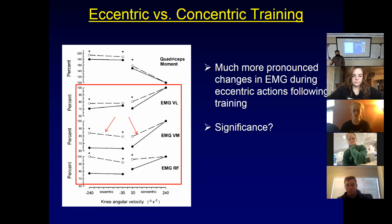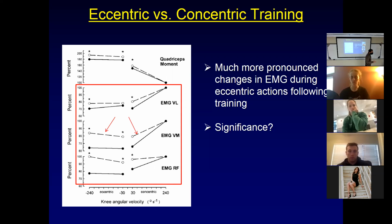But one of the most profound things that happens when you do resistance training that has an eccentric component is that the amount of muscle that you recruit during subsequent eccentric contractions, as you become more and more trained, increases dramatically. That is going to have a very powerful effect on limiting exercise-induced muscle damage, as we go forward. We really want to briefly mention that in this class. That's one of the big powerful things,